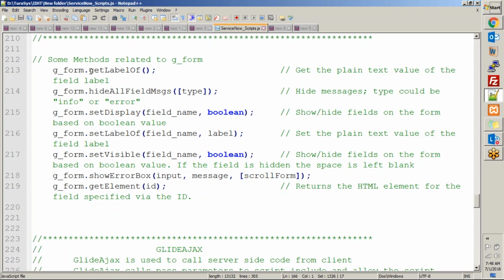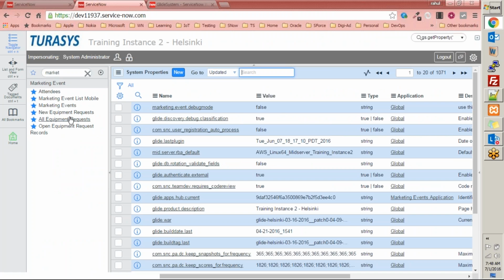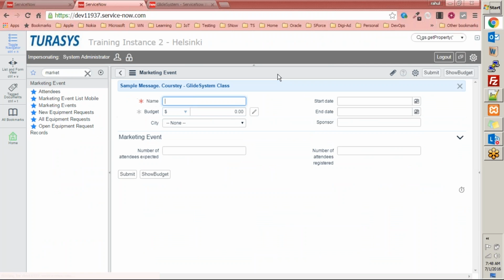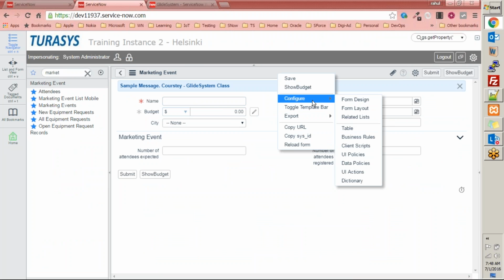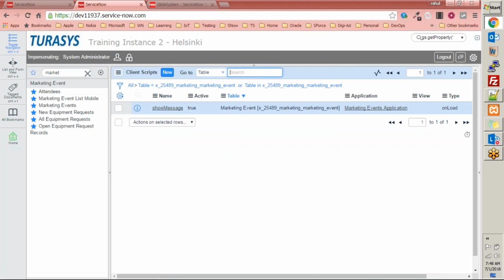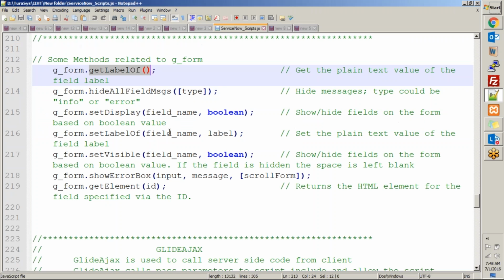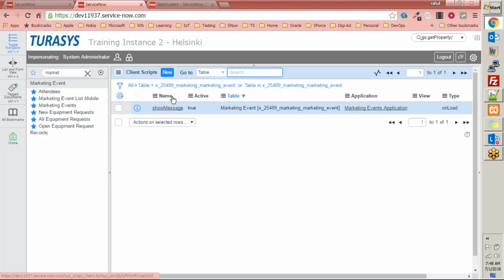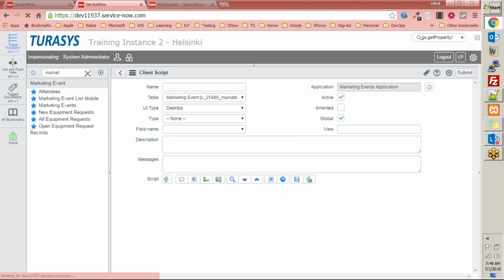If you have to read the label of the field, you will be using getLabelOf on the field itself. For example, if I am on the marketing events form and I right click and go to client script, right? Because g_form is client side script. So I am going on the client side script